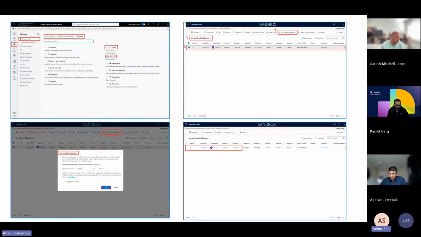So whenever we are talking about private mailbox, you have to go to your environment. You need to go to the settings. You need to go to the email section. And here you need to click on mailboxes. Once you click on it, you will see my active mailboxes. What you have to do basically, you will see this particular line, which basically belongs here. And we need to click on set up email mailbox.